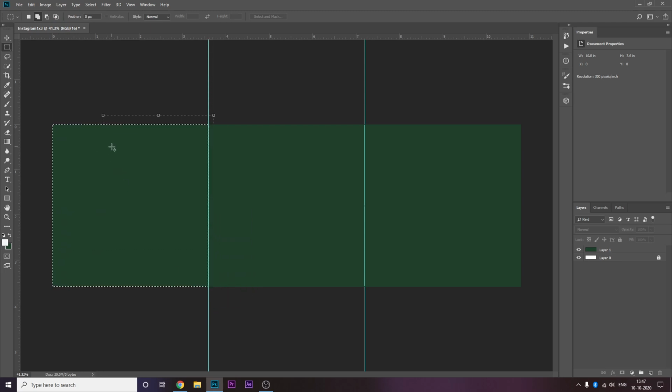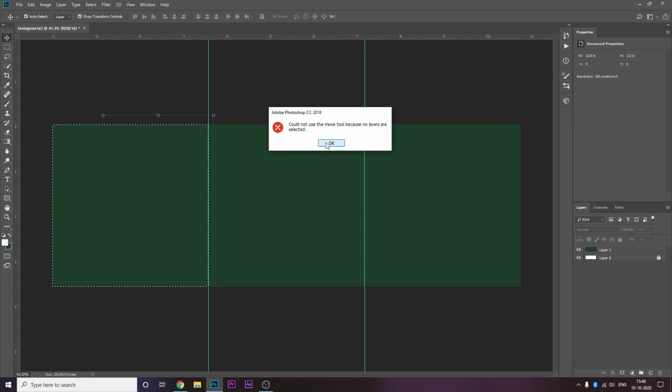This is used for selecting particular elements. I click on this tool, or I can also press M. Shortcuts are something you must get accustomed to, but it's not compulsory to know all of them, though it's good if you do. Let's say I select the tool and I want only this square. I select it. Now I want to move the square, so I'll press V, or in your case, click here.